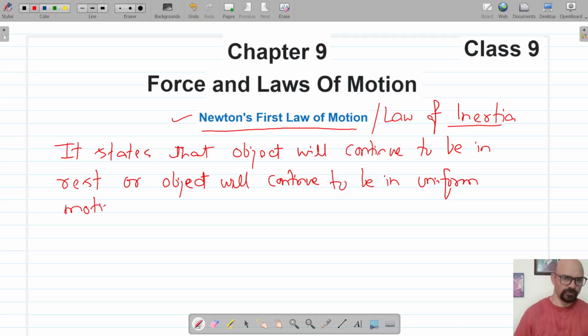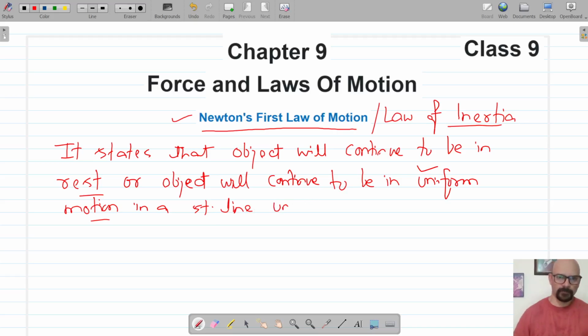The uniform motion we have already discussed in the previous chapter. When an object covers equal distance in equal intervals of time in a straight line, we say this is uniform motion. So the object will continue to be in a state of rest or in uniform motion, and here it should be in a straight line,